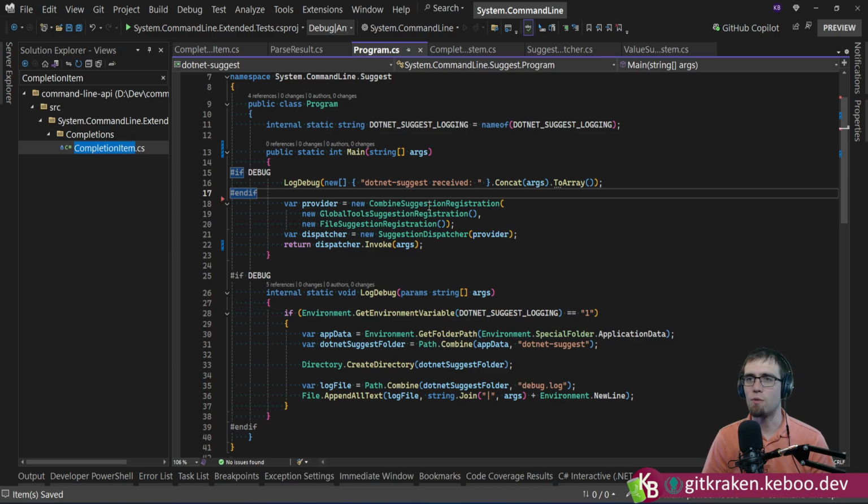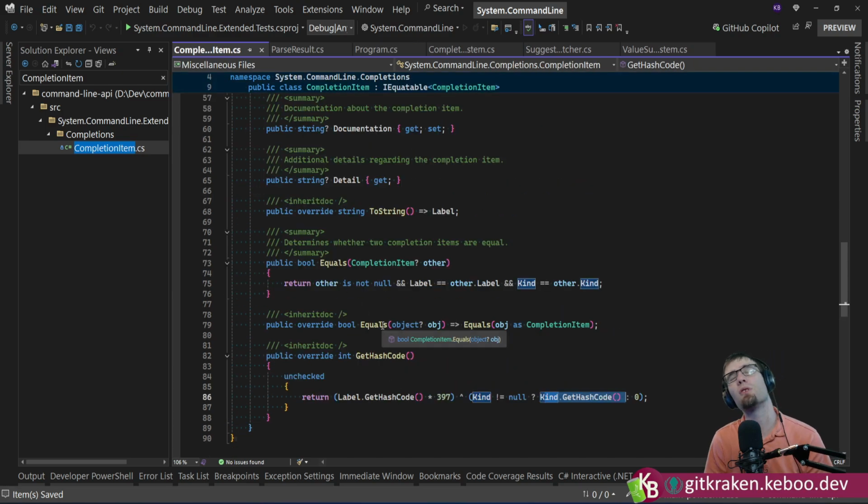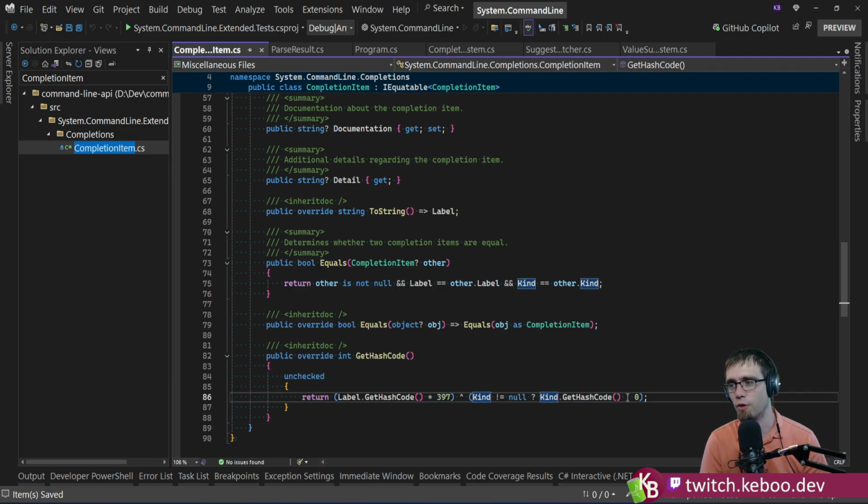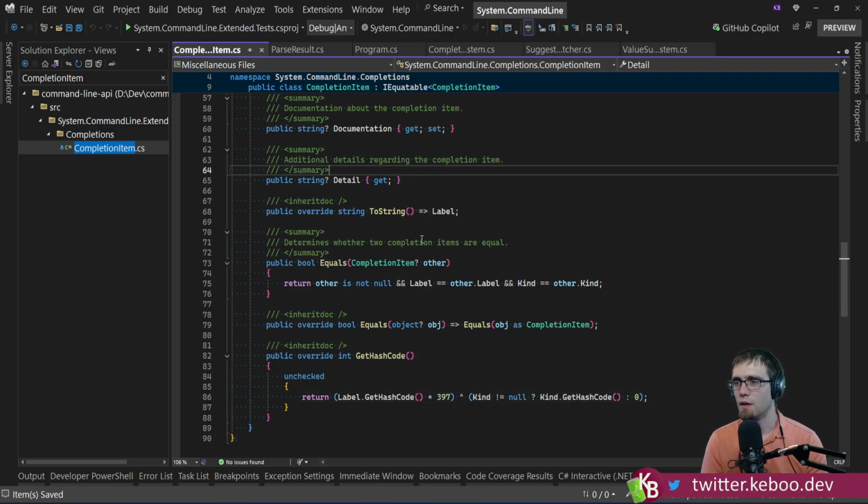But not all languages have that. And so knowing that kind of generalized pattern, there's a name for this, and I'm blanking on what the name is. There's a name for this algorithm where you multiply by a large prime and then XOR with the next value and multiply that by a large prime. And so if there were more here, like for example, if we wanted detail to be part of it,